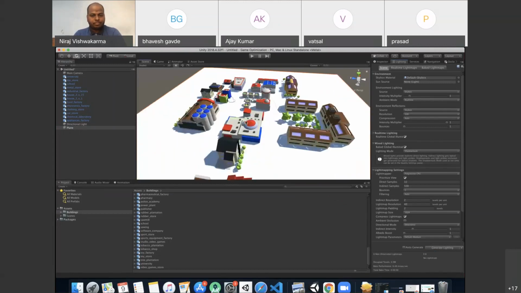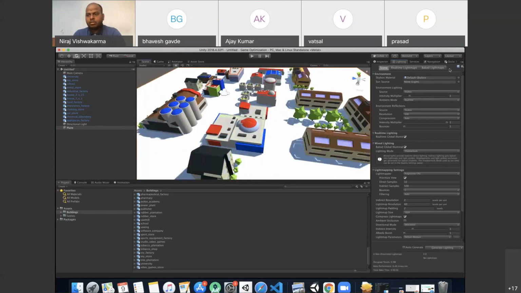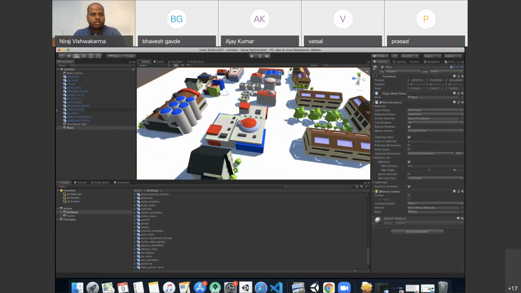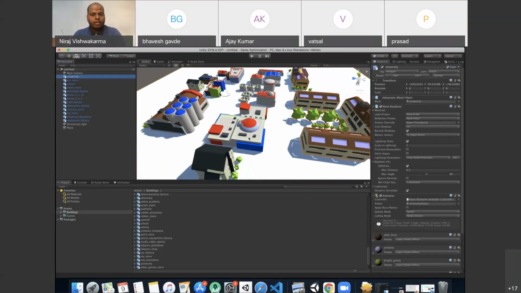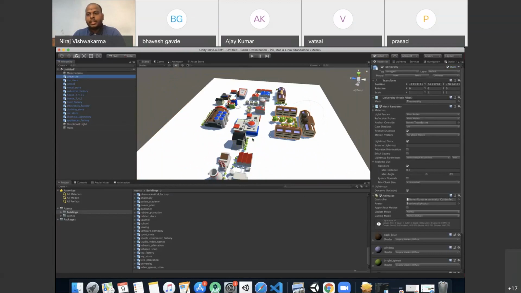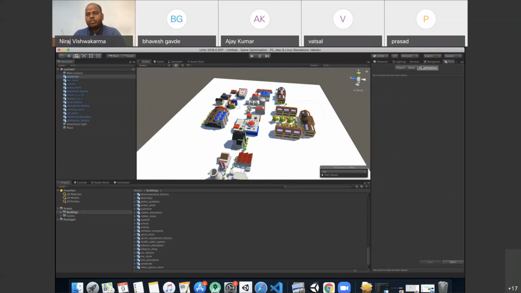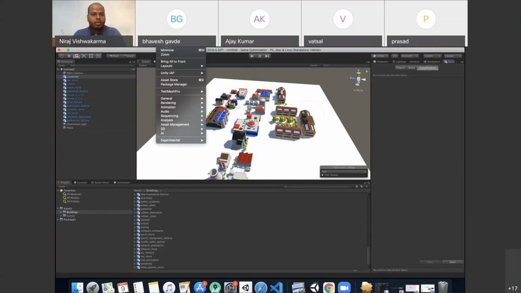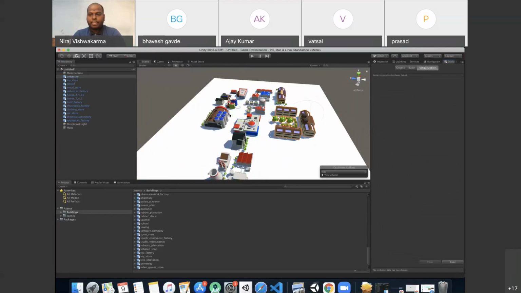Okay, so this is also static. Okay, so we can create the occlusion data in Unity by going to Window, then Rendering, and Occlusion Culling. If we go to Bake,